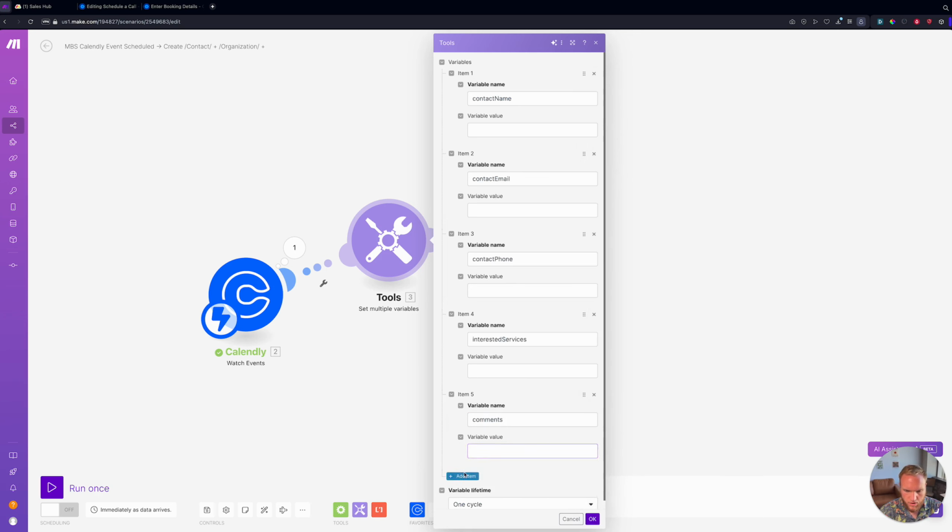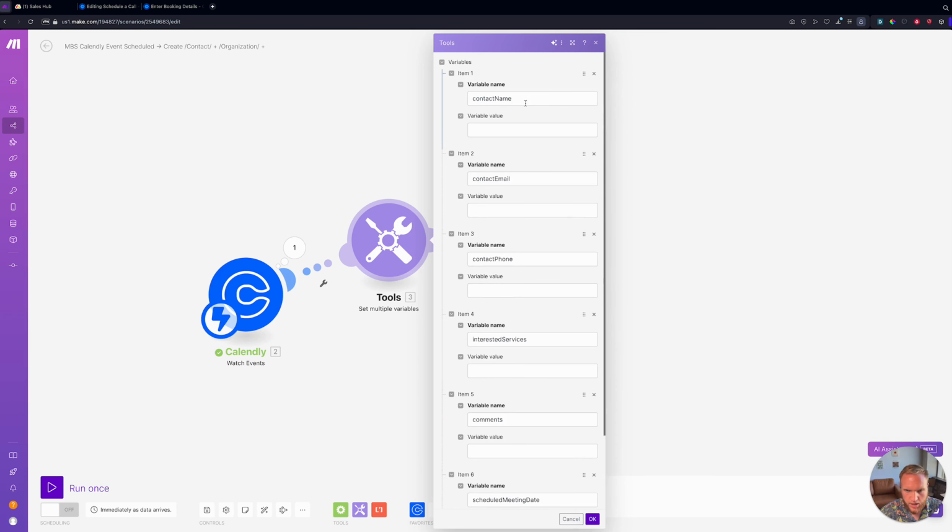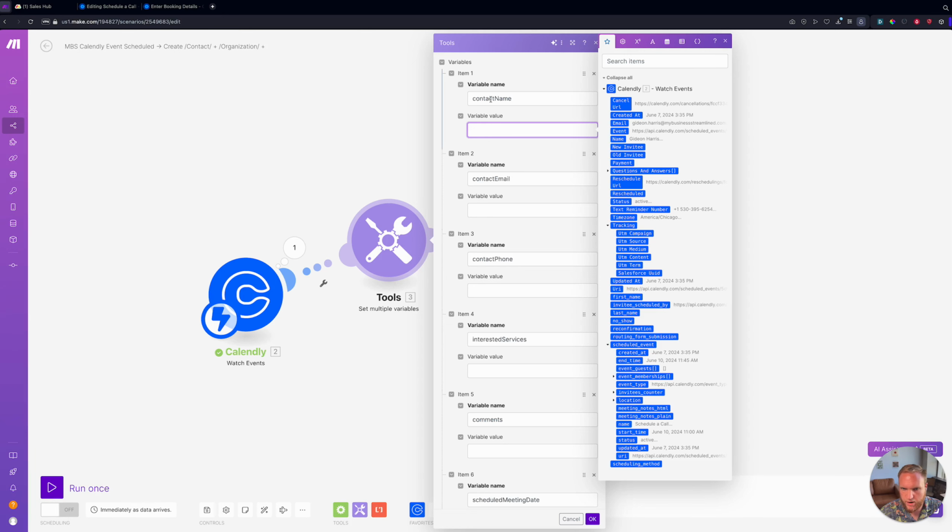There we go. And then we'll also go ahead and add the scheduled time of the event as well, just so that we can see when the meeting is scheduled for. So we're going to say scheduled meeting date. There we go. And then in the contact name, we're now going to map all of these variables from this